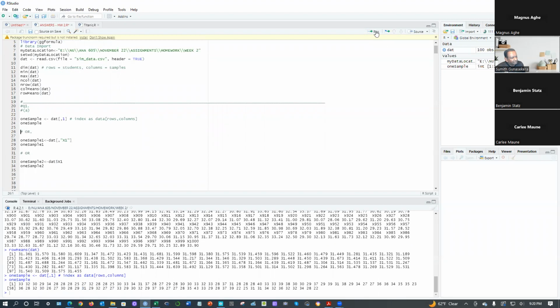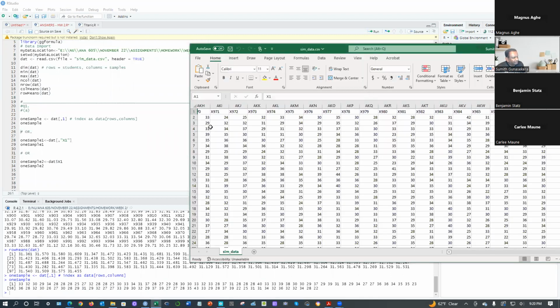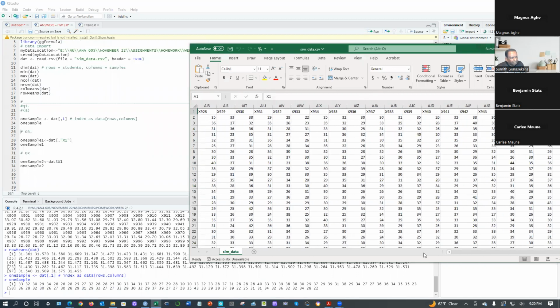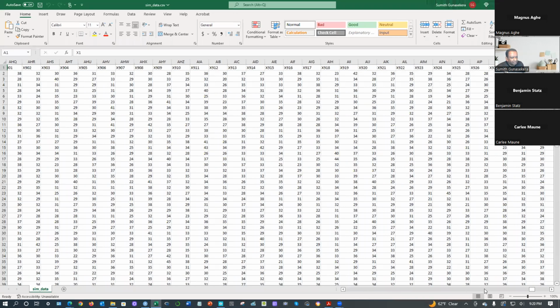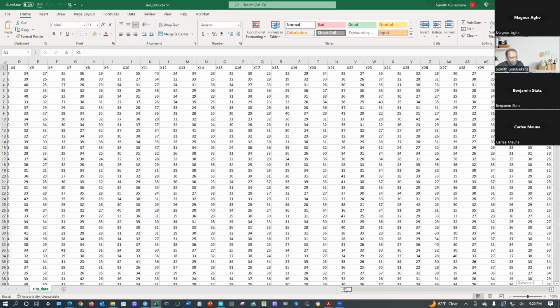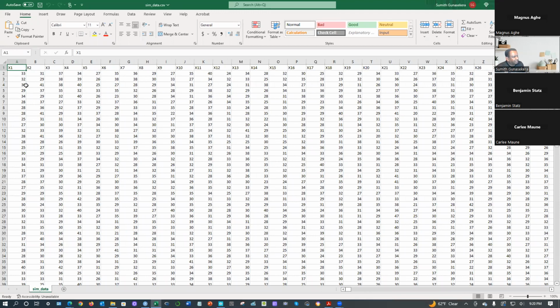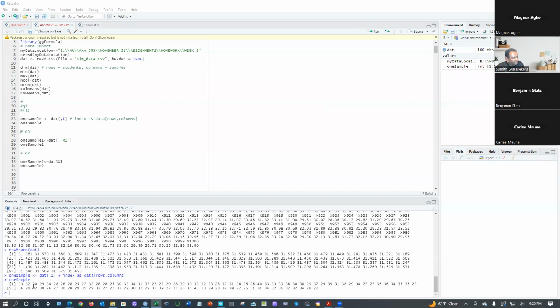Can you remember 33, 32? 33, 32, 30, 29. 32, 32, 30, 29. If you extract the first column, with brackets,